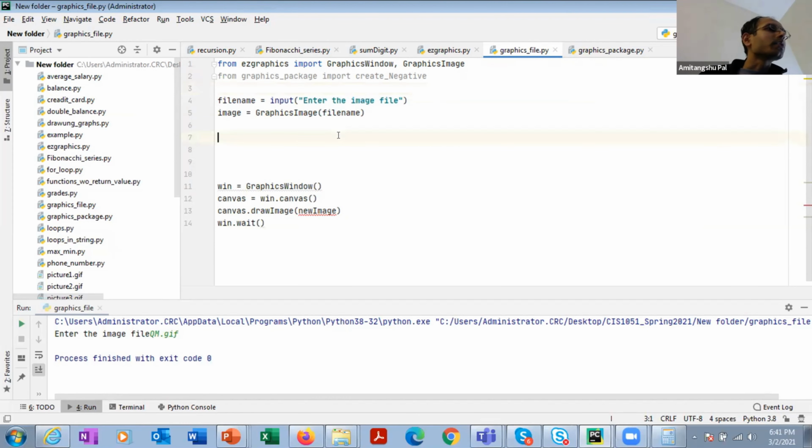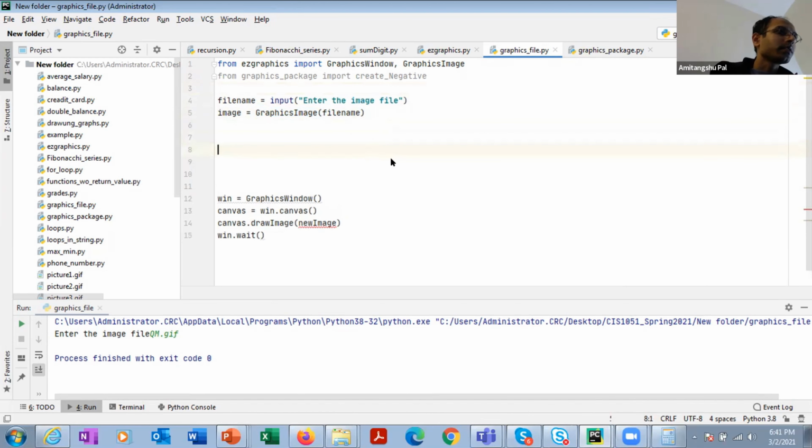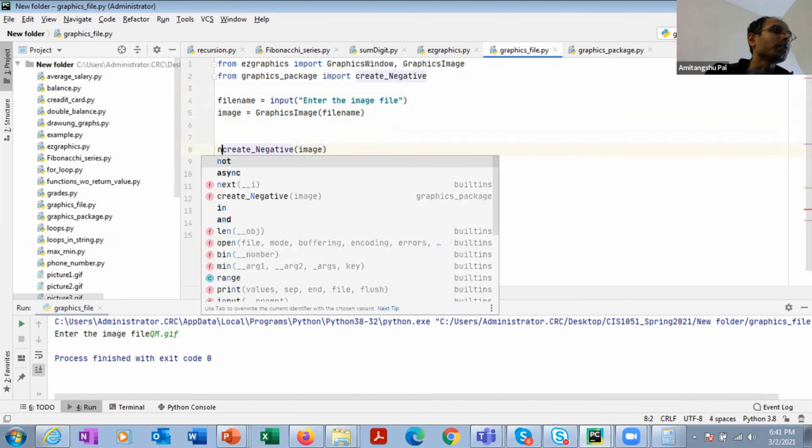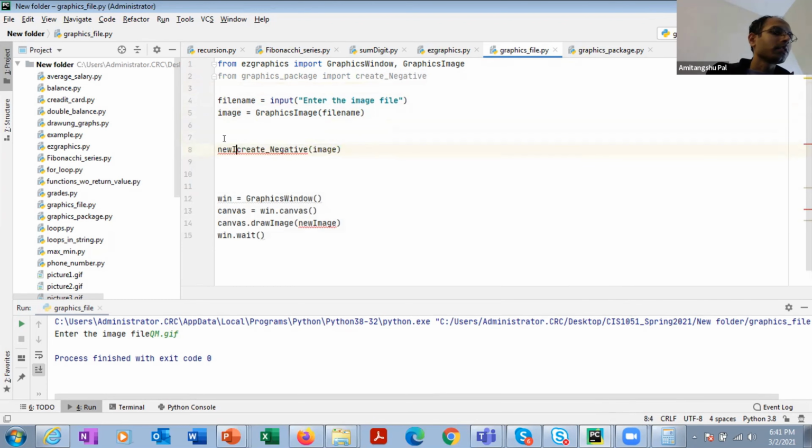So then I am taking the file name from the user, and then I'm calling the GraphicsImage function to get the image, and then I need to call this create_negative function from here. So create_negative image, and then it is going to return the new image, which I'm plotting over here.